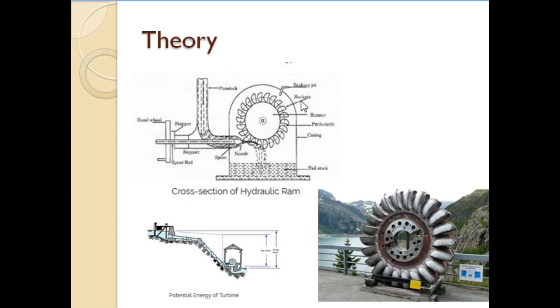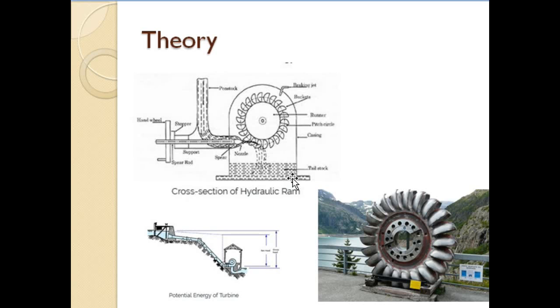If we have to stop this Pelton wheel all of a sudden due to a change in the load requirement, here is a braking jet. This will apply the brake on the Pelton wheel, and the whole setup is housed in a casing. The water after hitting the turbine blades will fall below into the tail race. This region is the tail race, and this will also be at atmospheric pressure.